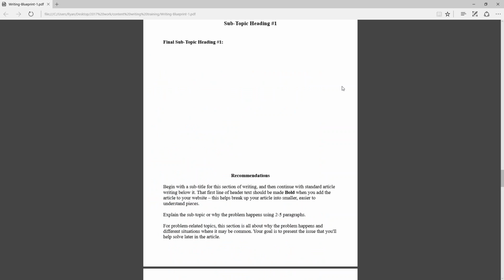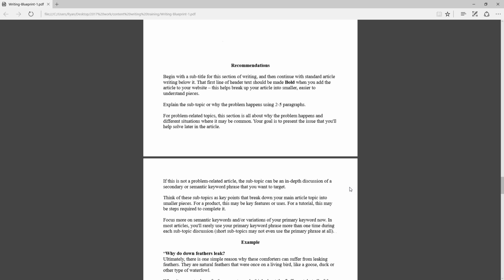So that's the focus in a problem article of this subtopic number 1. I want to explain why this problem happens, different situations where this problem might occur. And so I'm not trying to solve the problem for them right now. I'm trying to make them aware of the problem and to explain how that problem even exists.